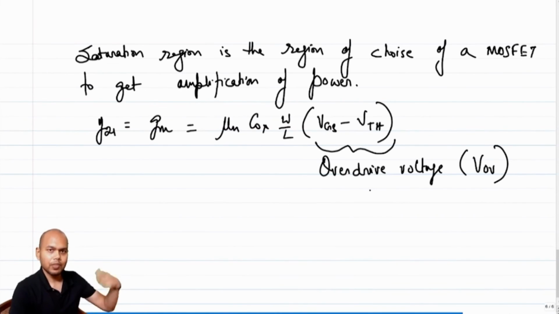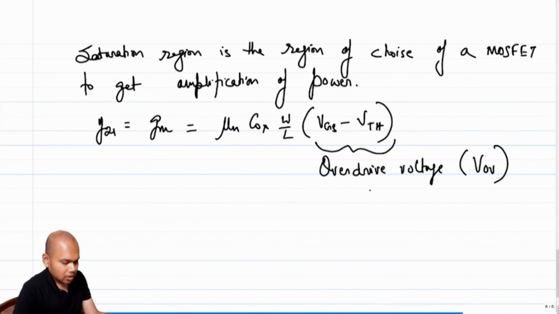So you need to have a drive on top of threshold voltage. You can assume the threshold voltage to be like a static friction: you need to at least give some force to get going, but in order to achieve a certain velocity, you have to keep on applying more and more force. So the minimum voltage that you require is the threshold voltage, and anything that you apply on top of threshold voltage is called overdrive. So that's why we call it